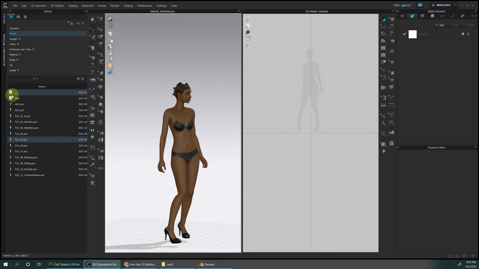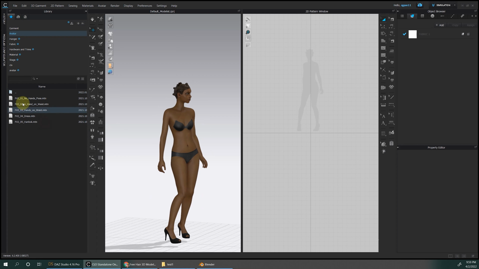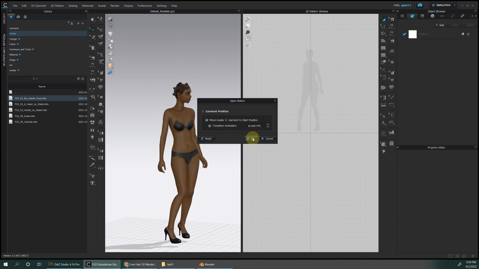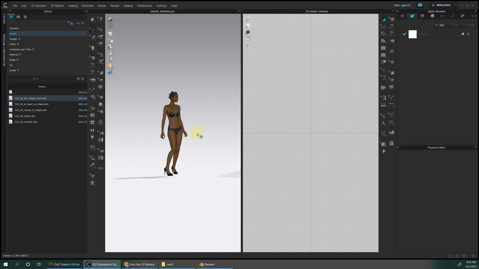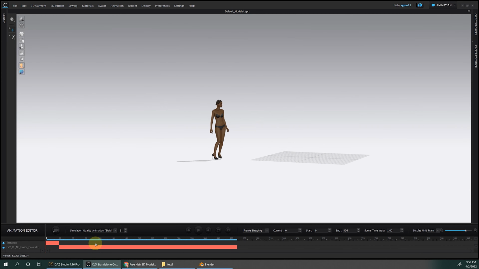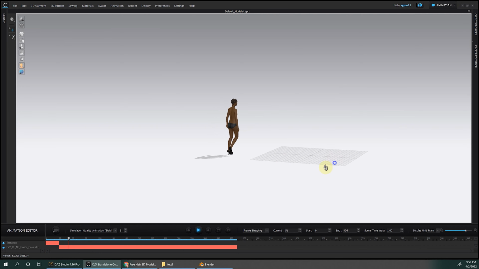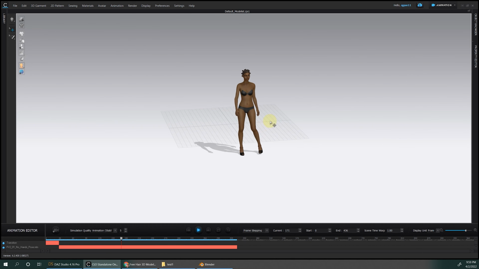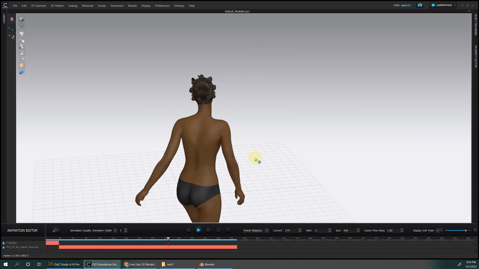That is really important in motion. So let's go to the animation. You can see the hair walks with the avatar.